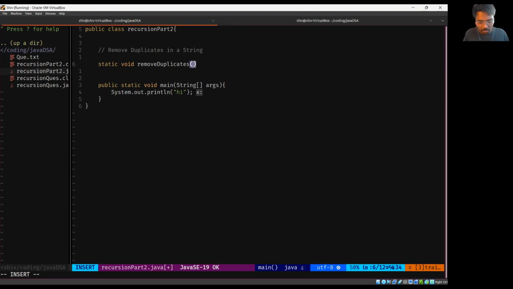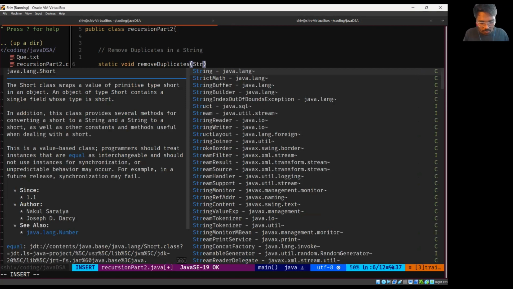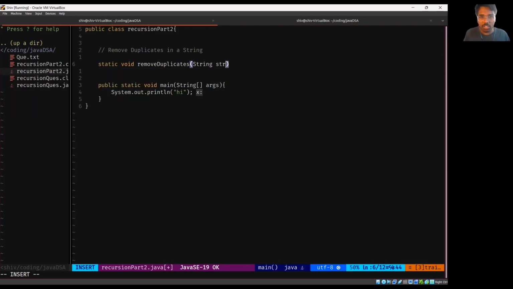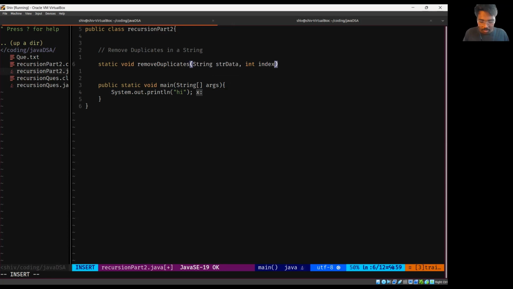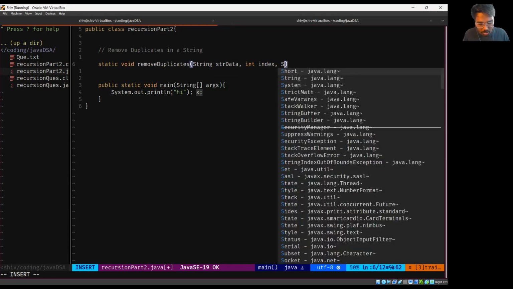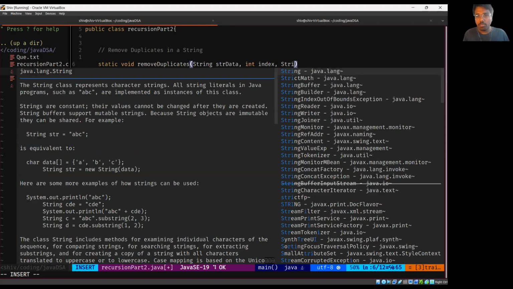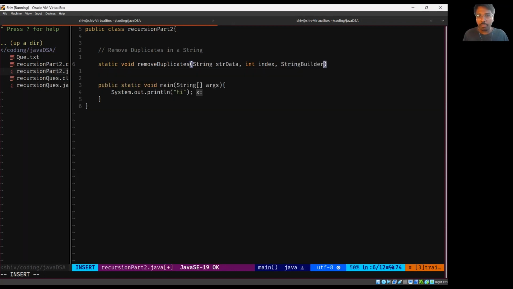And what are the arguments we are passing? The first one is string, and let's say it is string data. Then comma. What's the next one? Is int index. Okay, comma. What else? String builder, right? String builder. Here I am going to say it is new string. Then what else I want is comma